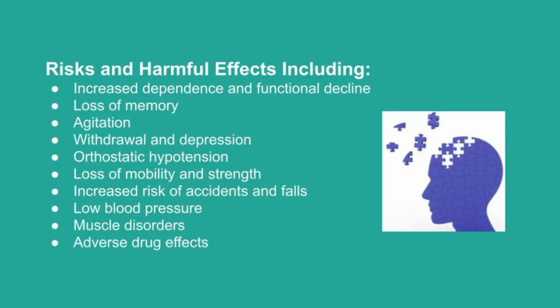But despite these warnings, more than 88% of antipsychotic drugs used in nursing homes are used on patients who have dementia. The risks and harmful effects include increased dependence and functional decline, loss of memory, agitation, withdrawal and depression, orthostatic hypotension where somebody's blood pressure drops, loss of mobility and strength, increased risk of accidents and falls, low blood pressure just in general, muscle disorders, and other adverse drug